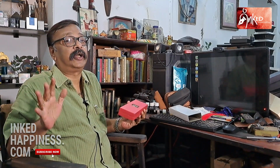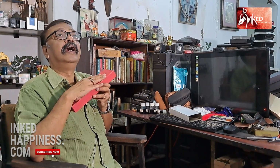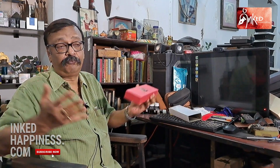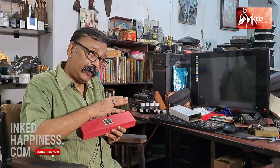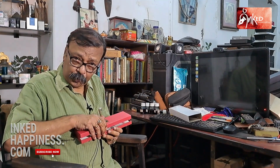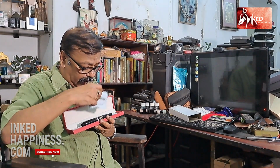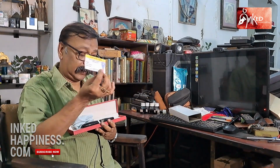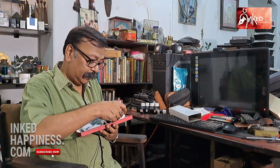I've not tried or used or seen all of them. This is the first Delmoon pen that I have, and I'm sure as we go forward, we'll show you samples of many Delmoon pens, and we'll be writing with them, and we'll show you writing samples and everything. But this is a far out pen. It comes with a warranty card, but it's the pen that's the killer because